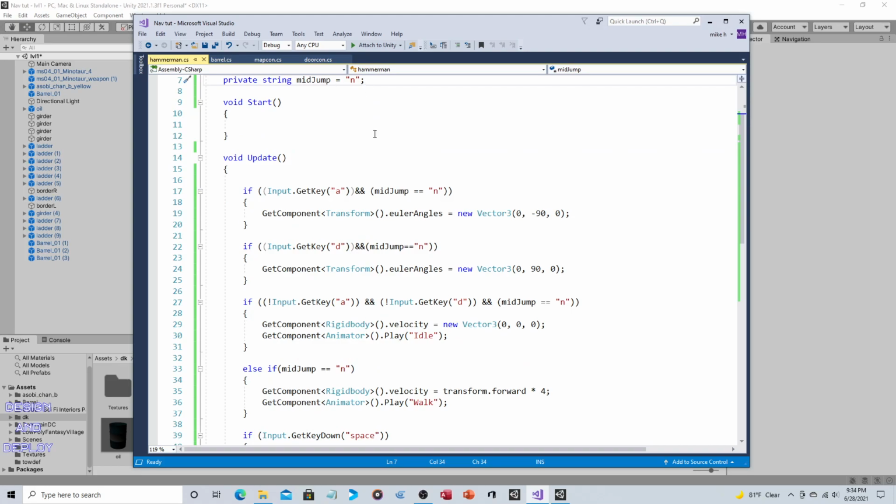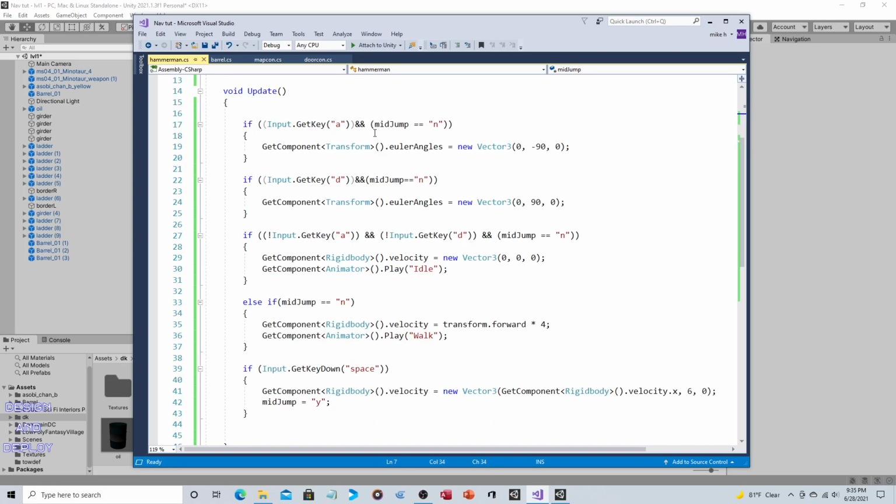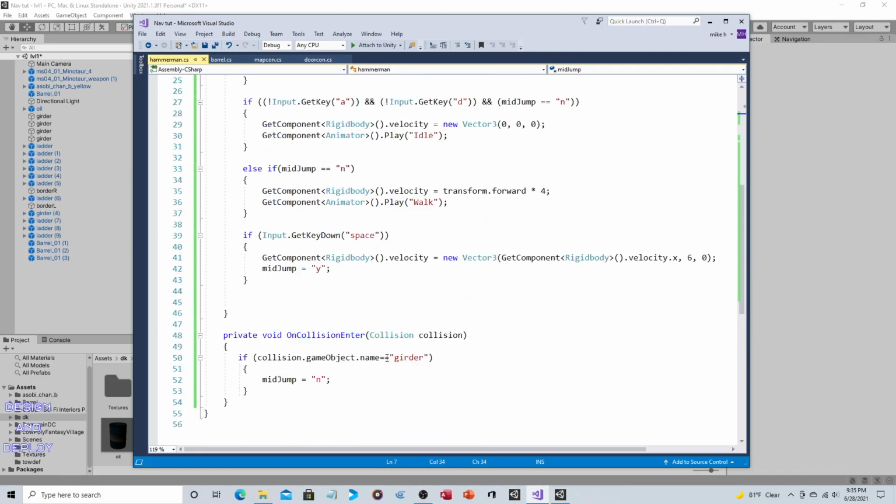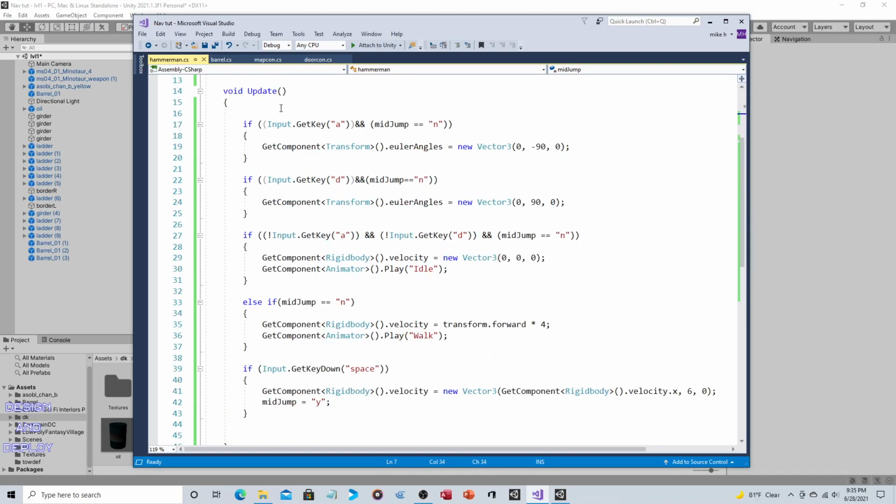Okay, so we create the midJump string and then void Update. And this isn't too bad because we've got this and then that at the end. So it's pretty concise. So we're checking 2 things. We're checking to see if the A key is pressed. So this is how you're going to walk left. And we're checking to make sure that midJump is set to no. Now it's just a string, but this will be changed to a yes when you're jumping. So I might go back and forth with how I express that, but the bottom line is that's what we're doing. We're checking to see if the A key has been pressed and are you jumping. If so,